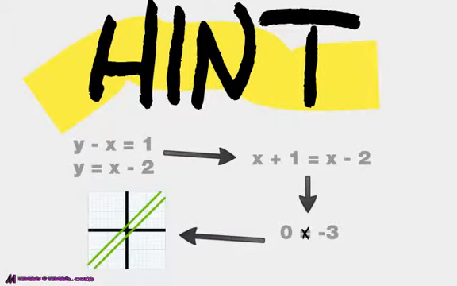Again, we've got to move this over, so move that minus x over to the other side, and you get x plus 1, which is the top one, and you set it equal to the other guy, x minus 2. So you have x plus 1 equals x minus 2. They have the same slope, different y-intercepts. If you remember from the hint before, they're parallel, which means they'll have no solution, because what happens if